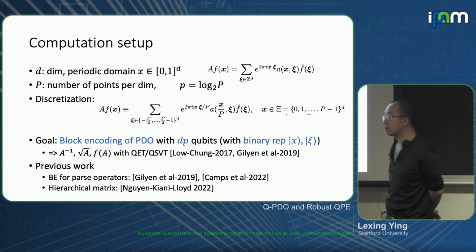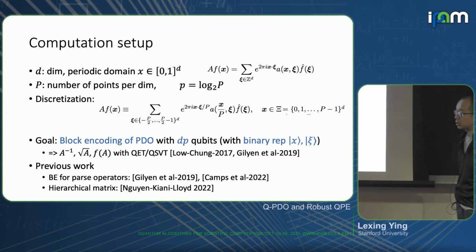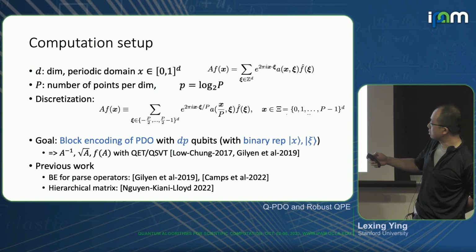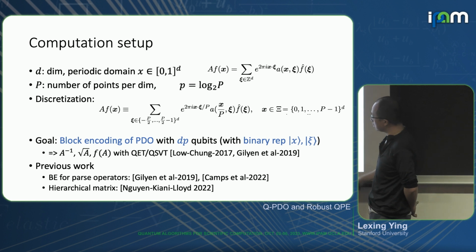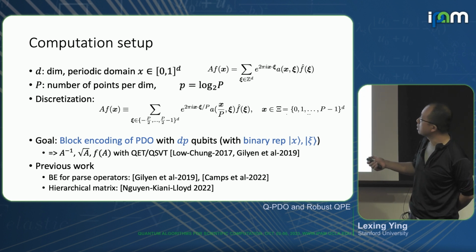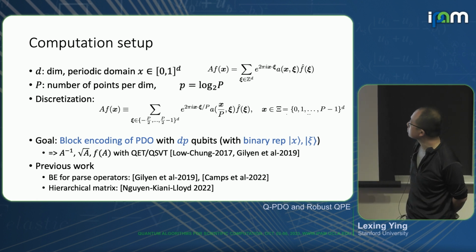So in most of PDE theory, d is 2 or 3. But if you work with high-dimensional PDEs, which come from things like molecular dynamics, control theory, and finance, d will be much higher. To simplify the discussion, we assume that the x variable stays in the domain [0,1]^d, the unit cube, and we assume the periodic boundary condition.